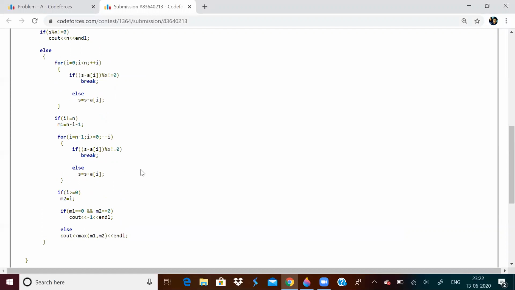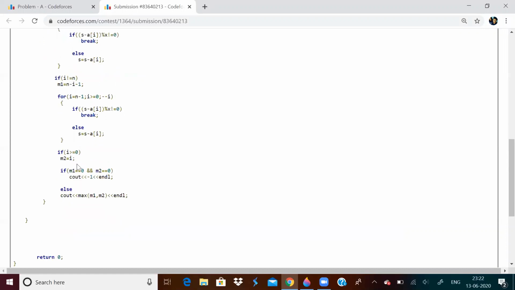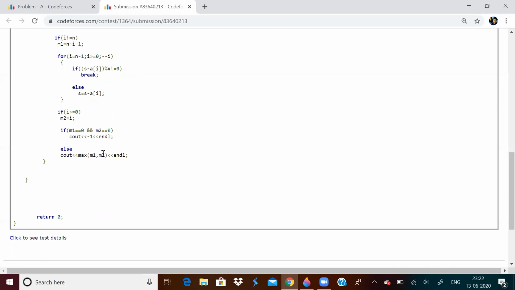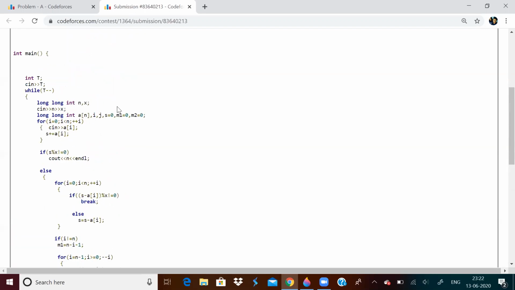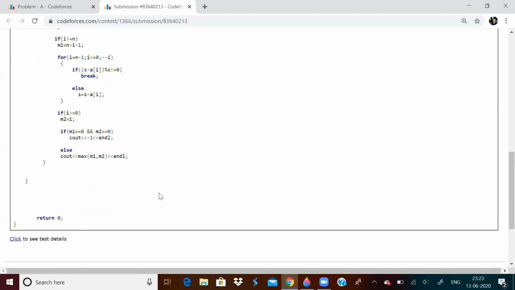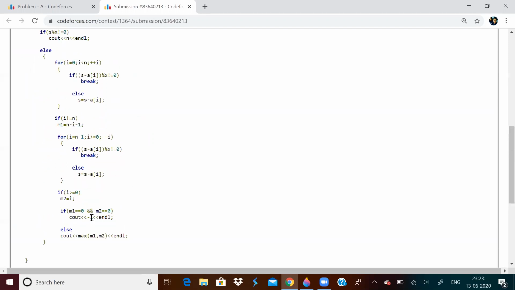When you traverse from right to left, the length will be I itself. Then you find the max of these two. And if both of them are 0, that is, both the values have not changed, that means there is no subarray. So when there is no subarray, you should print -1.